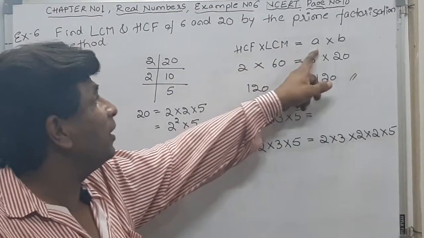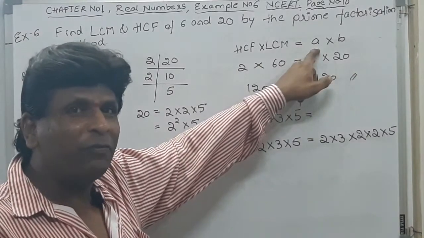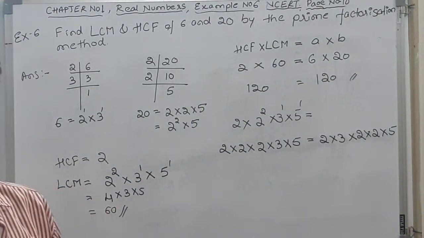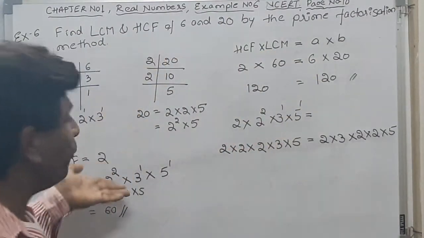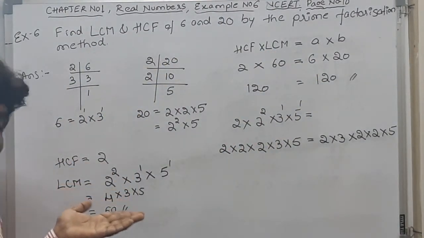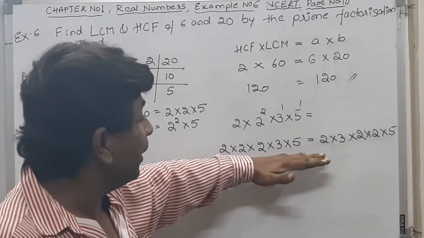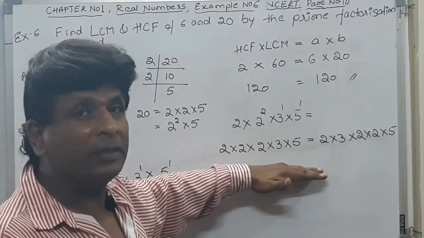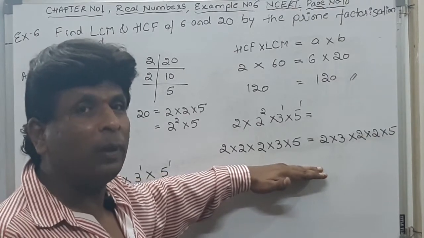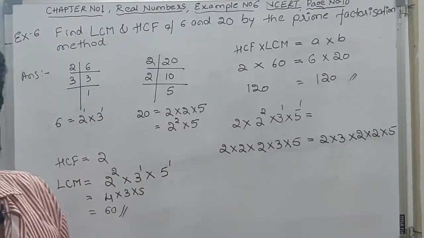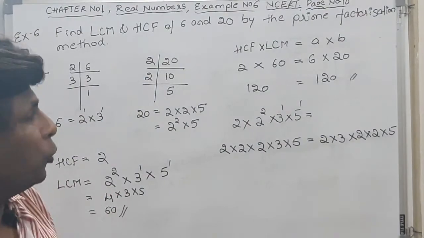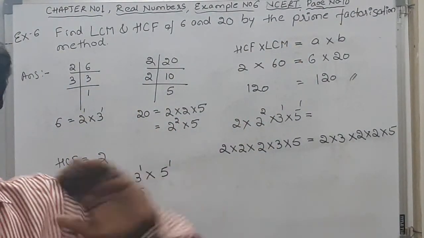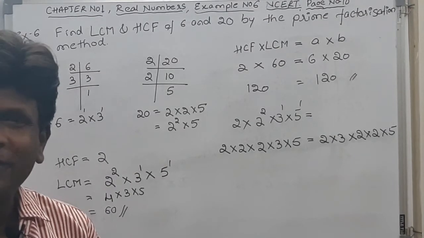So when you consider this formula, the prime factors on both sides are equal on the basis of HCF and LCM. But in some conditions it is not equal. I will show you in our next video how they are not equal in some special conditions, but this formula is applicable to almost all numbers. Okay friends, bye.